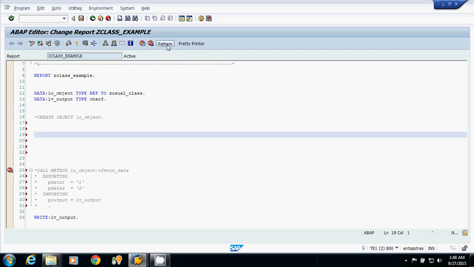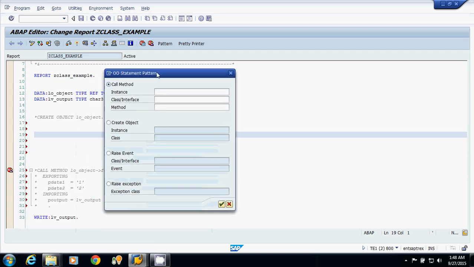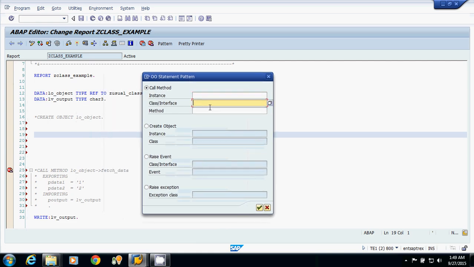So I will go to Pattern, ABAP Object Patterns, but in this case there is no need for the instance now. So I will pass the name of the class, zusual underscore class. Now I will go for the method. This is my method.